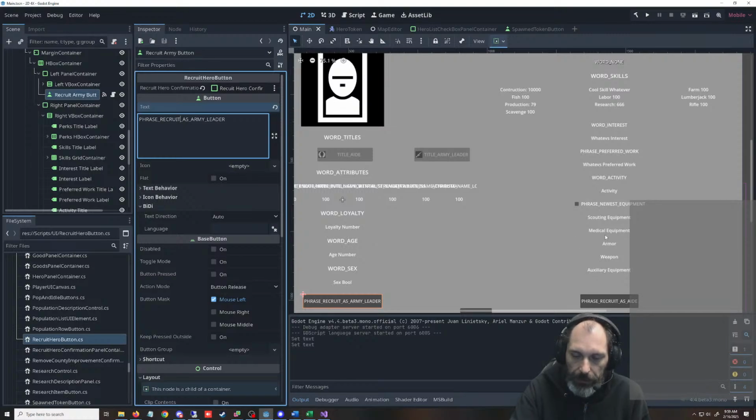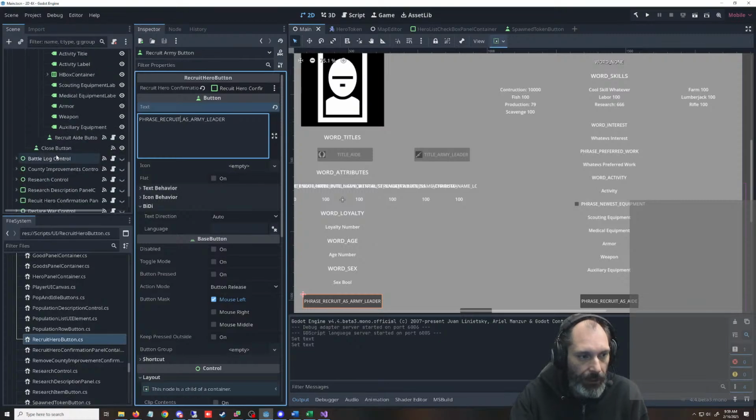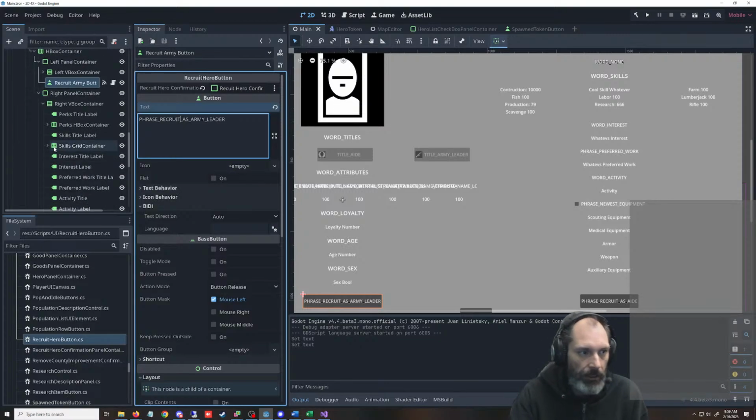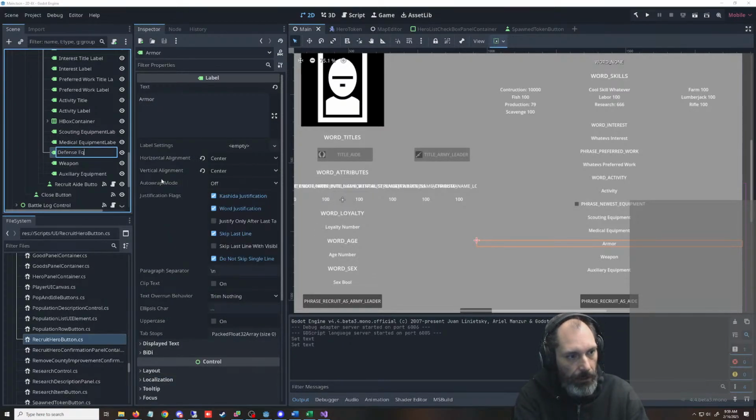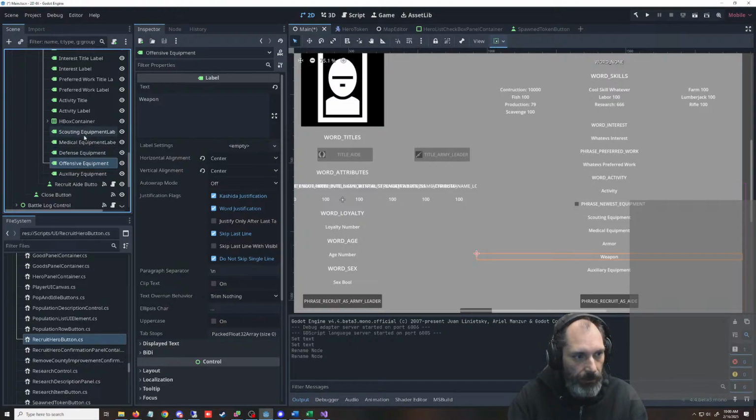We want to set it up so that these guys can have inventory. It's not going to be like they have a helmet and whatnot. It's just going to be defensive equipment, and I'm actually going to rename this to defensive equipment, and this is going to be offensive equipment. So we might as well do that right now. It's going to be inspired by Hearts of Iron. So this is going to be defensive equipment, and then this will be offensive. Offensive. Why am I typing this in? Obviously spelling isn't my strong suit.